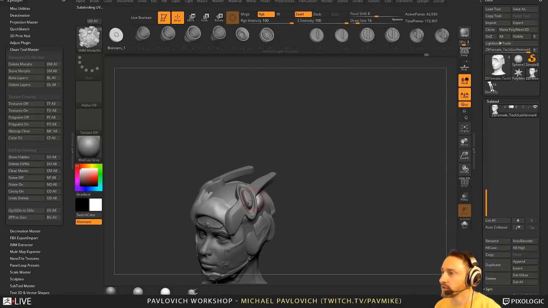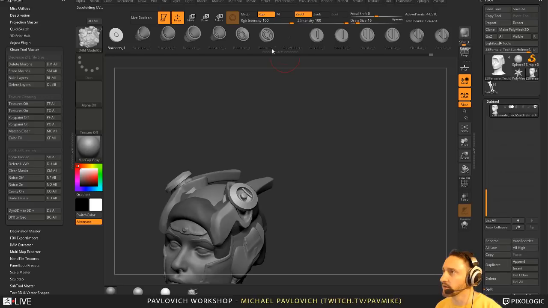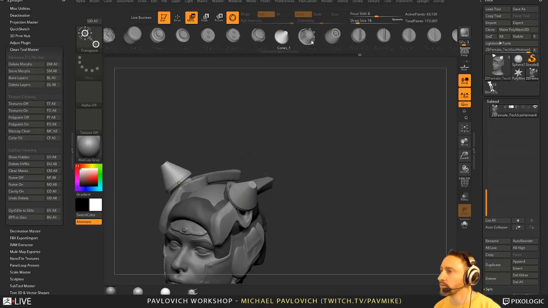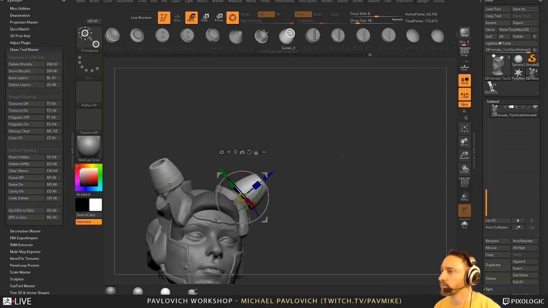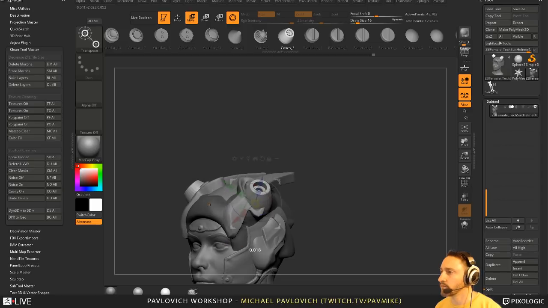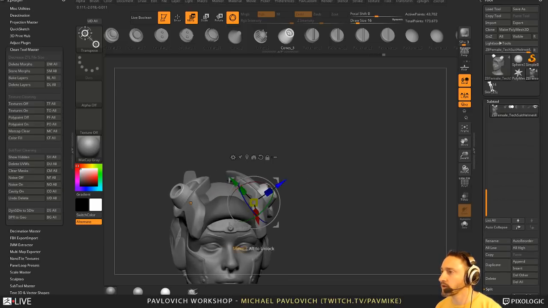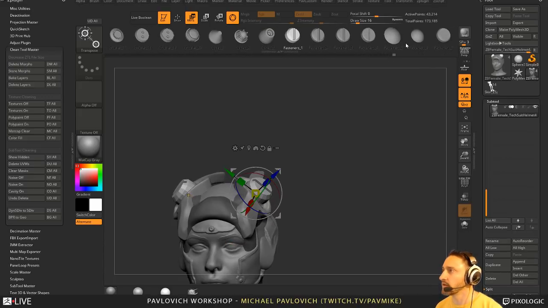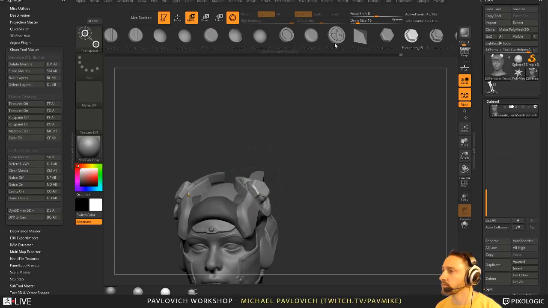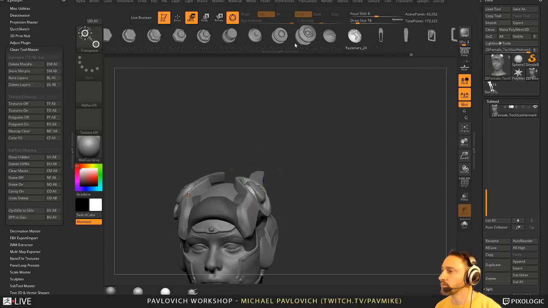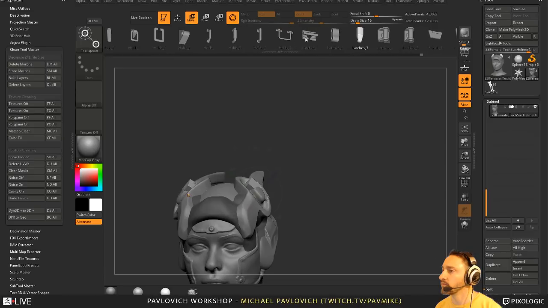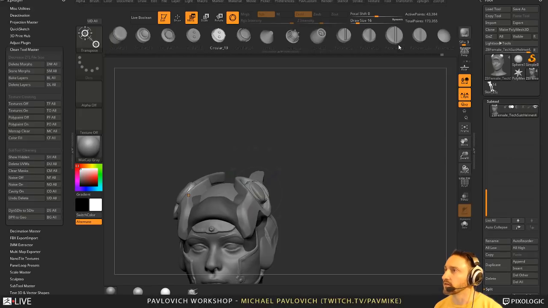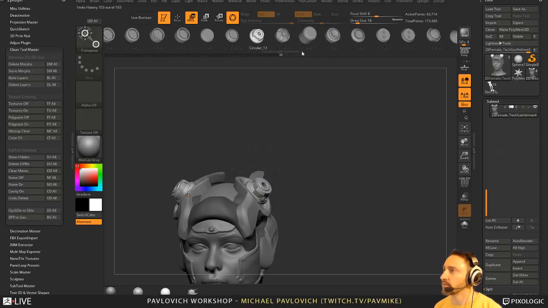So if I pop this one here, and again, we can hit W and we can just cycle through these, if anything kind of jumps out at me. Scale this down. Let's see if it maintains that. Yeah, kind of, these things are a little bit smaller, I suppose. Oh, and handles too, that might be a good one. Okay, and we've got plates and panels and stuff like that, but again, if we're just looking for shapes here,